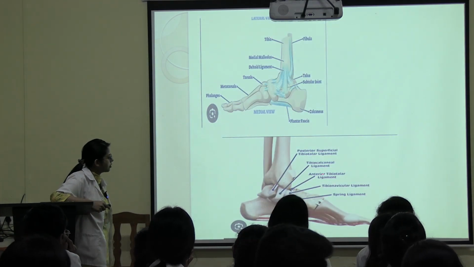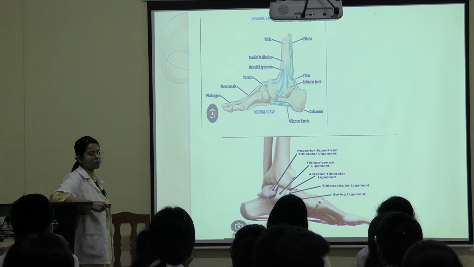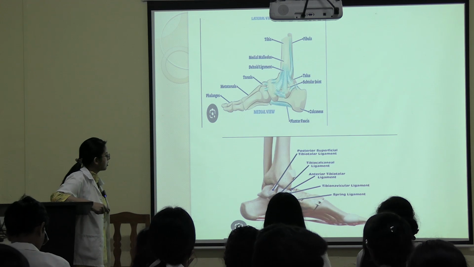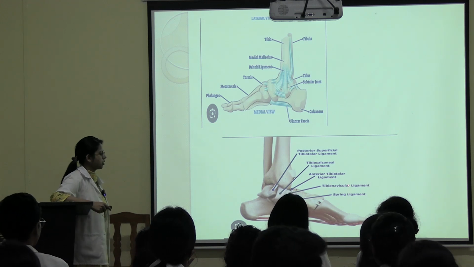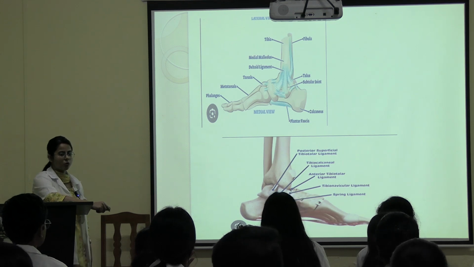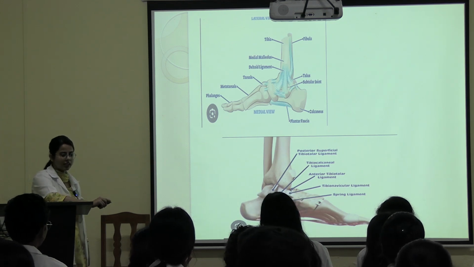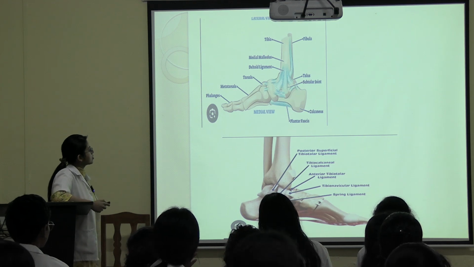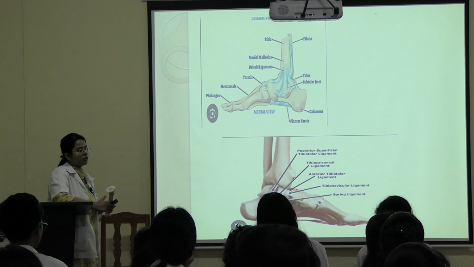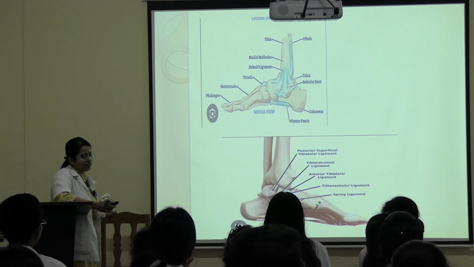This is the tibiotalar. This is the tibiocalcaneal, meaning between tibia and calcaneum. Again, the calcaneum is a bone of the foot. And tibionavicular. These four comprise the deltoid ligament. The navicular is also a bone of the foot. Clear? So this constitutes the deltoid ligament, between the tibia and the navicular, calcaneum and talus.